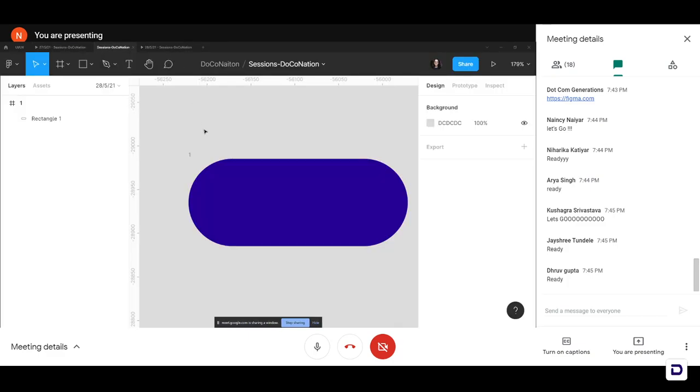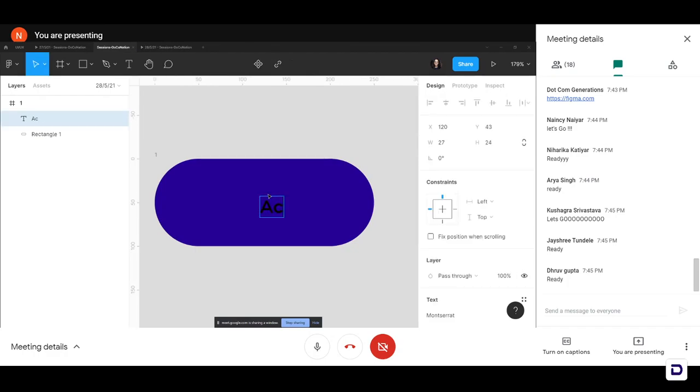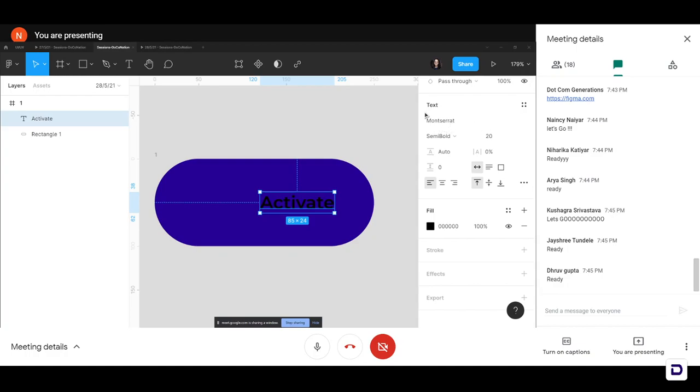To do that, again I will head over to my canvas, go to my toolbar, select my text and come back to my canvas, click somewhere and type Activate. So now you can see when I select my text, on the properties panel you can see new properties appearing here. You'll be able to see text and then your font family or typography that you've chosen. So I've just taken Montserrat, so that is cool. And the thickness of the font, you can change it to semi-bold or whatever you'd like.